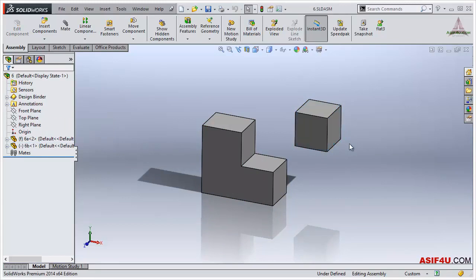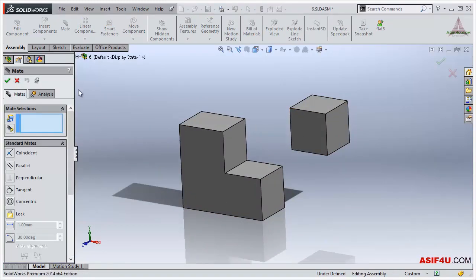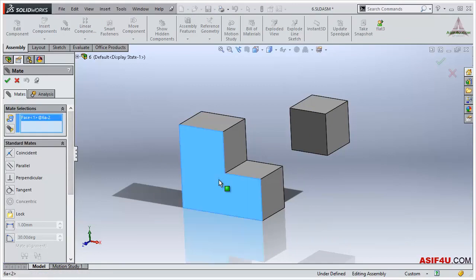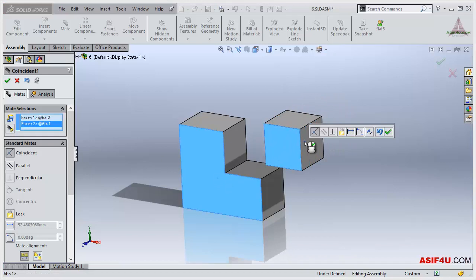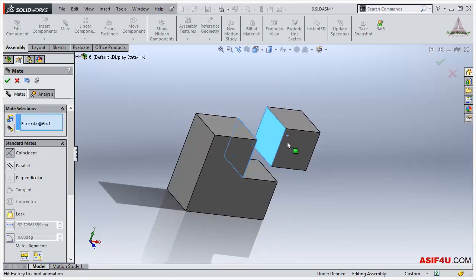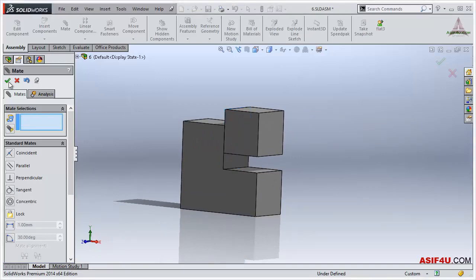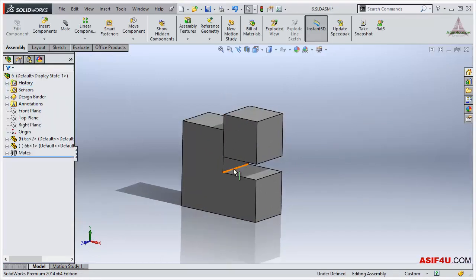For this second part, I will apply the mate. First I will activate this mate tool, then I have to select two entities. If I select this surface and this surface, there are lots of choices here. So first I will select this coincident mate and I will press OK. Now if I apply a coincident mate between these two surfaces and press OK,